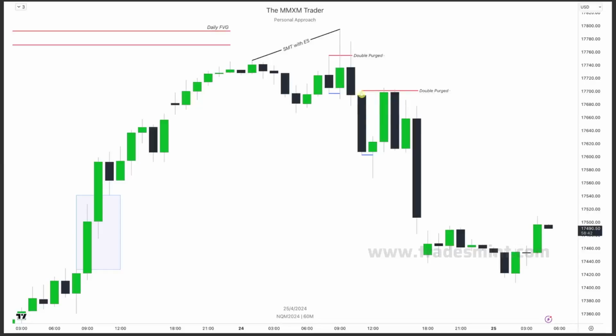Then another one over here, we take out the sell stops first, and notice how we close inside the range, right? From the previous video, the swing video, the candle closes inside, so the third candle is most likely to complete the range of that range candle. Buy stops are taken out second, so we have the double purge, right? And then a low resistance liquidity run should happen to the downside, and we can see that come to fruition